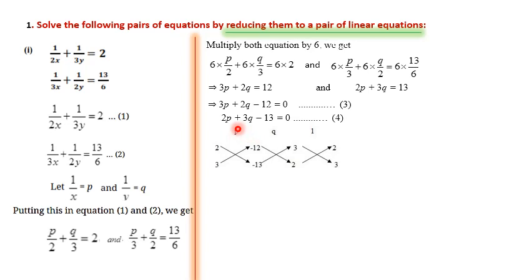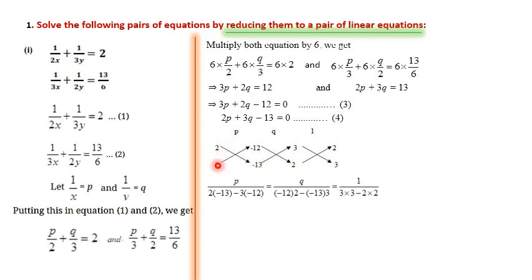As you know, the variables here are p, q and 1. Next we have to write b1, b2. b1, b2 is 2 and 3. I have written 2 and 3. c1, c2 I have written, that is minus 12 and minus 13. Then a1, a2 I have written, that is 3 and 2. Next again b1, b2, c1, c2, a1, a2, b1, b2. Then just substitute the formula, that is p divided by cross 2 into